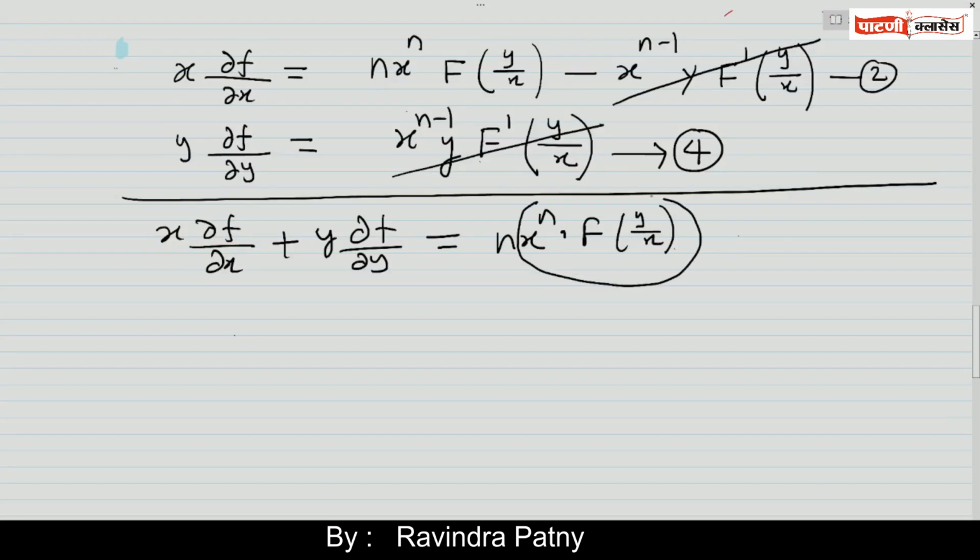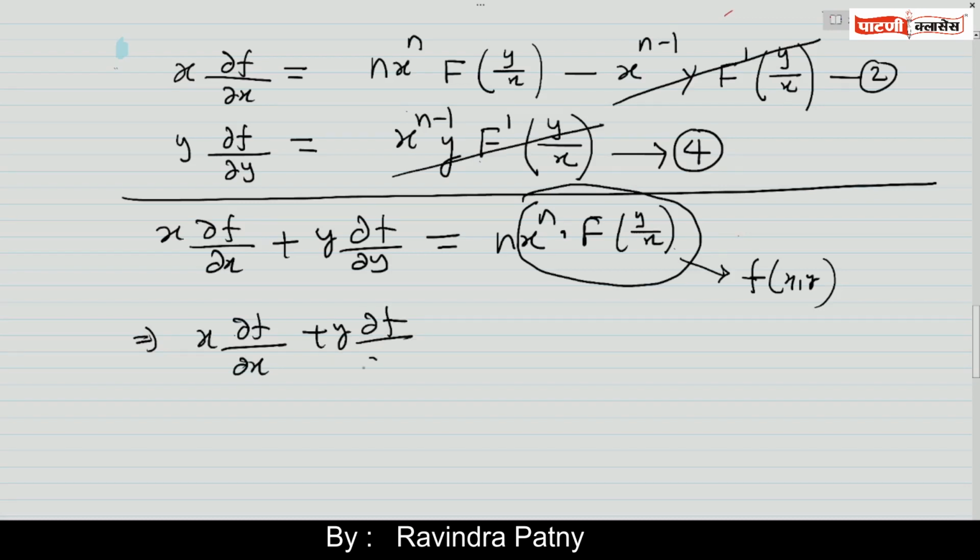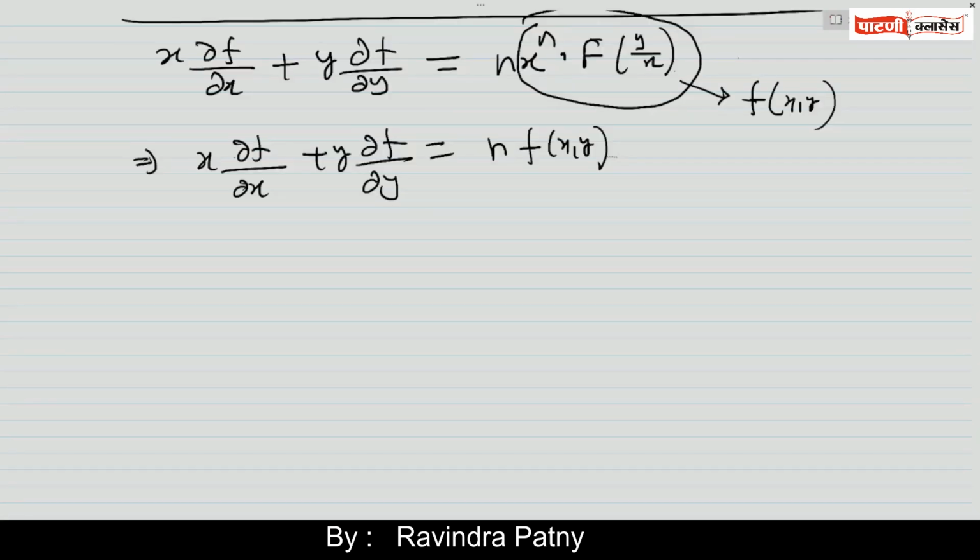Therefore this much part can be replaced by f of x comma y, and here is a capital F, so converting to the small f of x comma y implies x dou f by dou x plus y into dou f by dou y equals to n into f of x comma y. Thus, Euler's theorem on homogeneous functions for two variables is proved by using this idea,